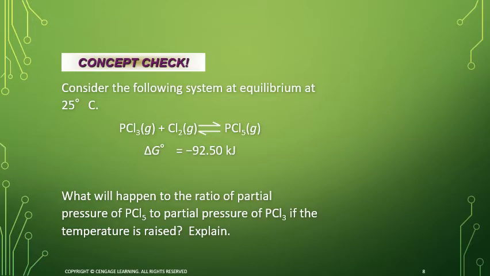So if you look at this system that's at equilibrium, I have PCl3 plus Cl2 forms PCl5. All three of them are gaseous systems. Notice that I have the delta G being a negative 92 kilojoules. So as a result, I know, and I keep going back and forth between thermodynamically favorable and spontaneous, but please, I know it's a pain, but use thermodynamically favorable in any of your explanations and not the favorable concept. I don't know why they changed that up for College Board, but they did. But I have a thermodynamically favorable process, so